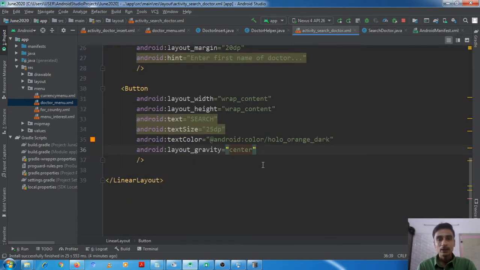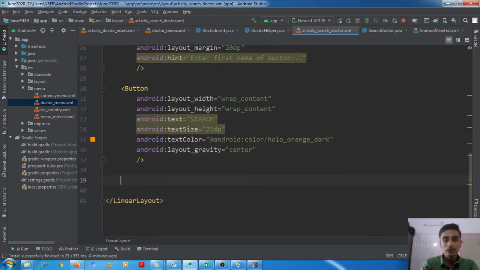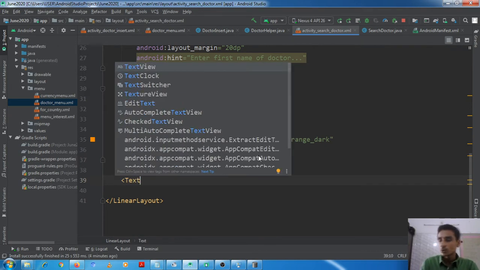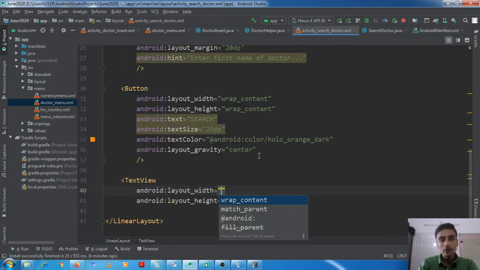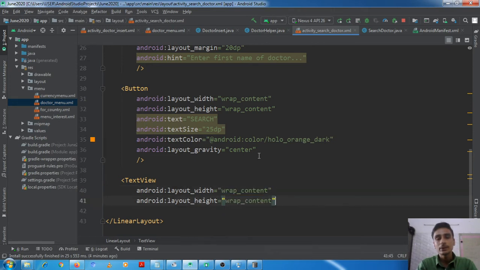Okay, and when client clicks on this search button, there should be a text view below it, in which the details of the doctors will be shown, and it will have wrap content.